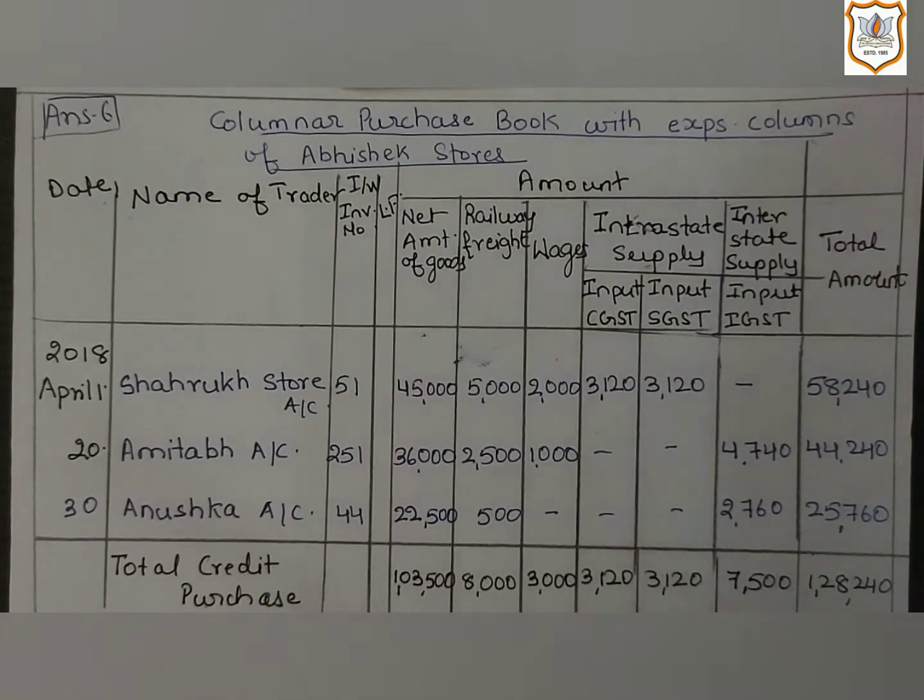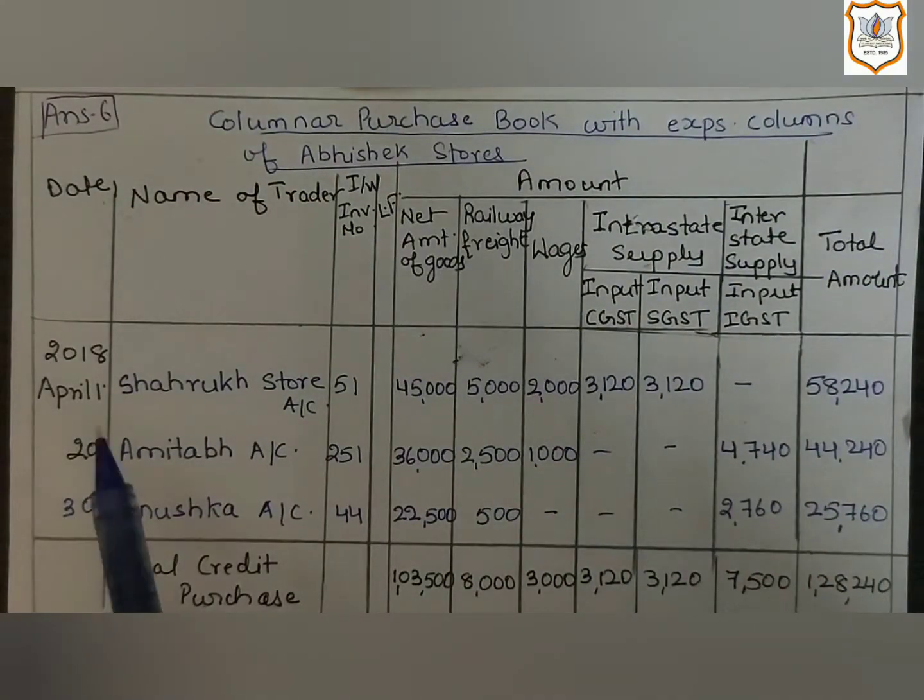Now next transaction, date 20. Goods purchased of rupees 40,000 at 10% trade discount from Amitabh of Mumbai. Bill number 251 received, inclusive of labor rupees 1,000 and railway freight rupees 2,500. So first we will write down the date. It is a credit transaction, and first we will write down date 20, name of supplier Amitabh account, then inward invoice